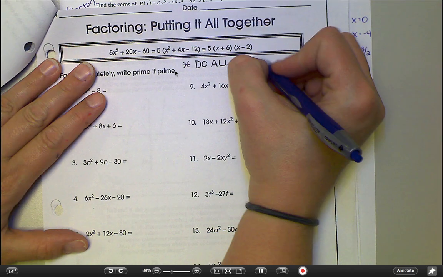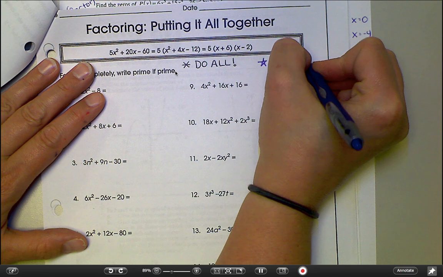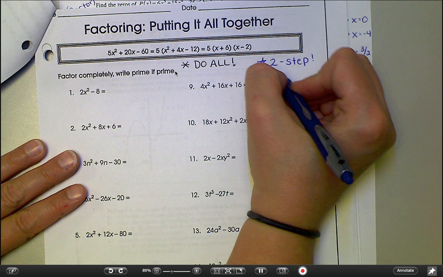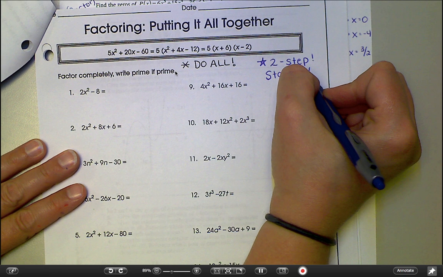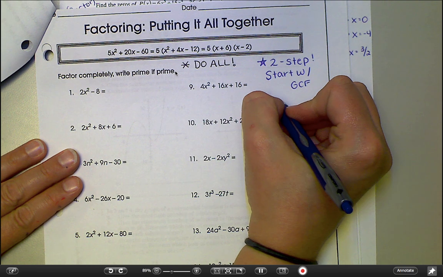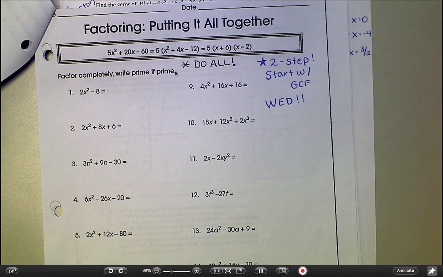These are all going to be 2-step problems, okay? They are all 2-step factoring problems. Always start with GCF, okay? So this is just to practice factoring. This should definitely be done by Wednesday because that's when you're taking your quiz over all of this factoring stuff,